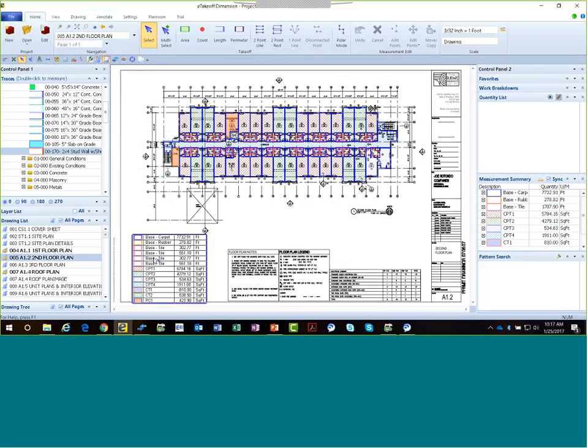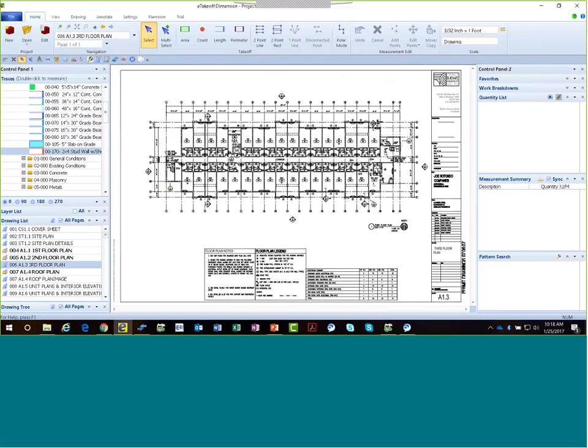And I can have a legend here that will actually show me what those quantities are with the color coding. That legend is just an on and off switch if we want to, so we can turn it off so that it doesn't show. But if you do have it on, you can print this out in a PDF format and have this to pass on. But the task that I have before me is I need to take off this third floor. So I'm going to go to the third floor, and I notice that it's the same layout as the second floor. And because of that,